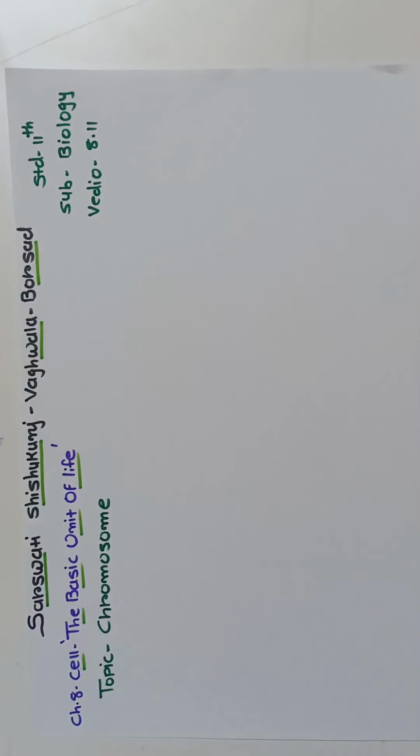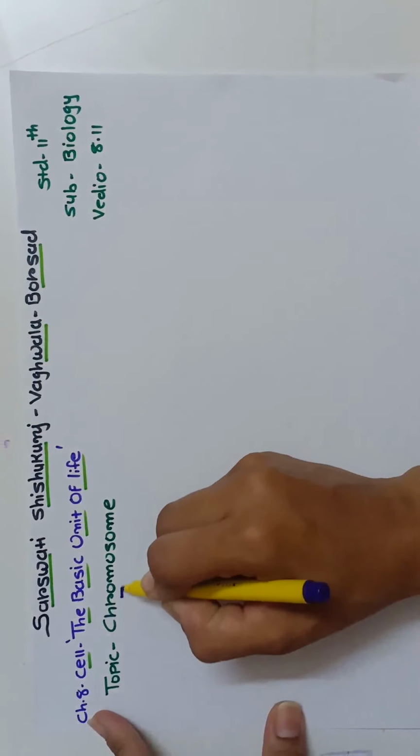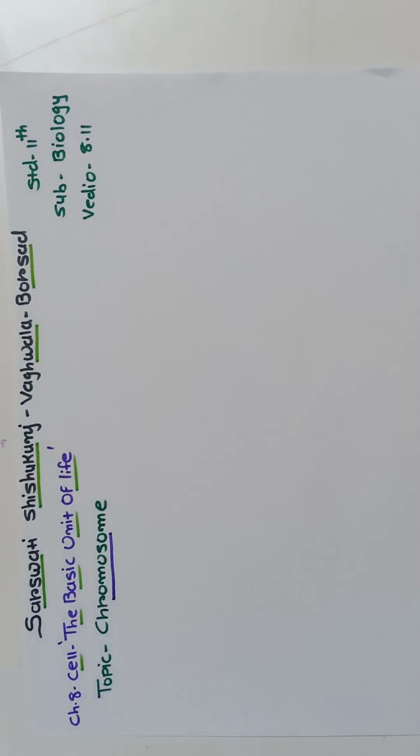In our previous video, we discussed the principal organ of the cell, that is the nucleus, and also the organelle centriole and centrosome, which have a 9 plus 0 arrangement and are found only in animal cells. Now we discuss one other organ, that is the chromosome. Inside the nucleus, the chromosome is present in the form of chromatin material.